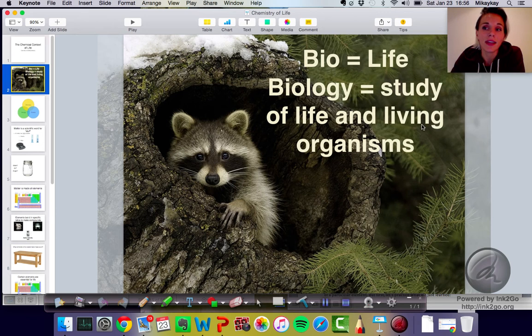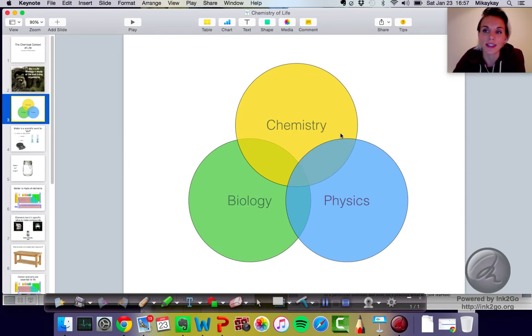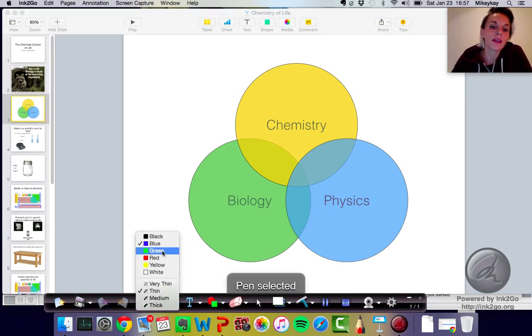There are other areas of science. Biology is just one area of science, and if we are to divide science into three groups, maybe you're familiar with these subdivisions of chemistry, physics, and biology. What you'll find is, you can look at the world and understand it through the lens of biology, right? You can look at the world and understand it through life. But you can also look at it through chemistry, and you can look at how molecules and how chemicals interact with one another. You can also look at it through a physical lens, right? And so for our AP Bio class, we will focus primarily on biology.